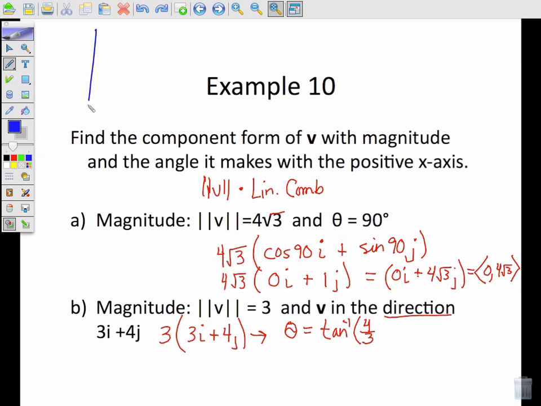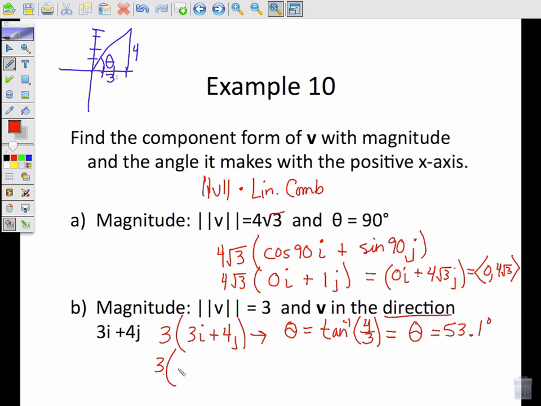Here's where that's coming from. You go over 3, up 4. You get this triangle. So inverse tangent of 4/3 would be the angle theta. Okay. When I finish this out, I get my theta to be equal to 53.1